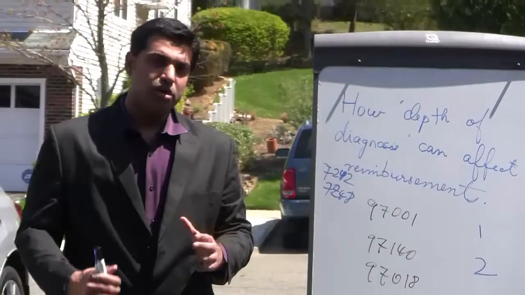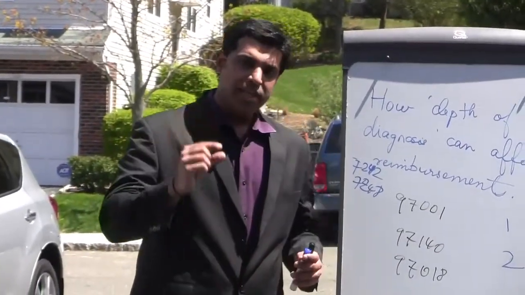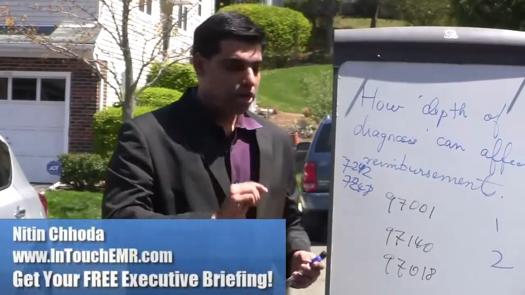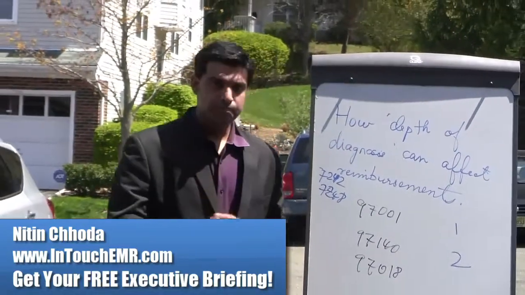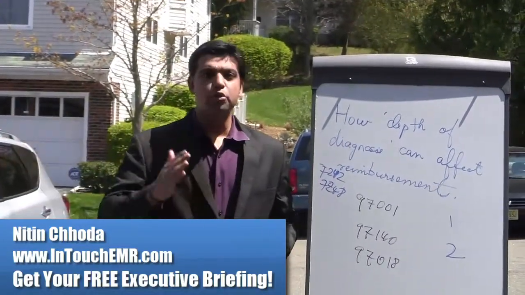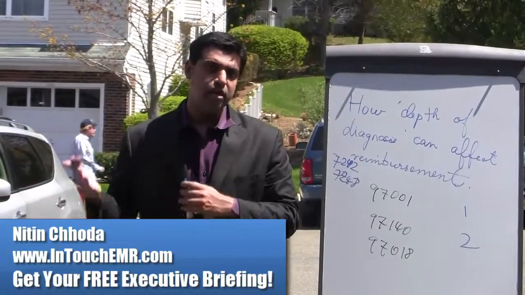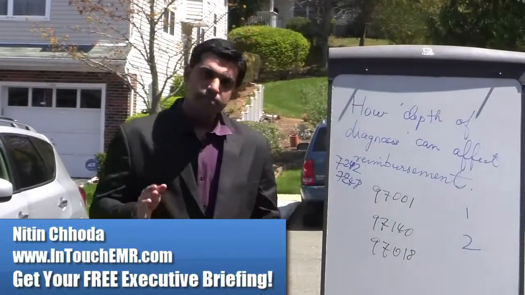So that's what a supporting diagnosis means, because of the diagnosis pointer within your claim form. Where does it show up in your claim form? You either put it in manually if you're submitting paper CMS 1500s, or you can do that electronically if you're using an electronic billing software like the one that we have, which is fully integrated with intouchemr.com. That, by the way, includes all these capabilities.